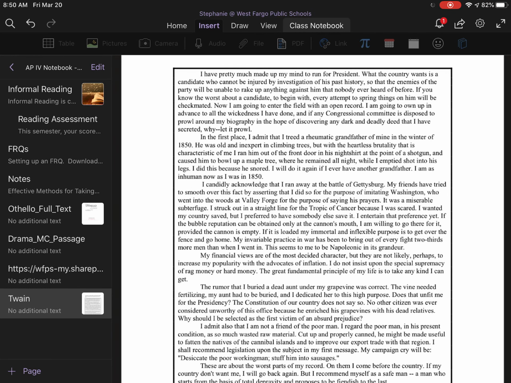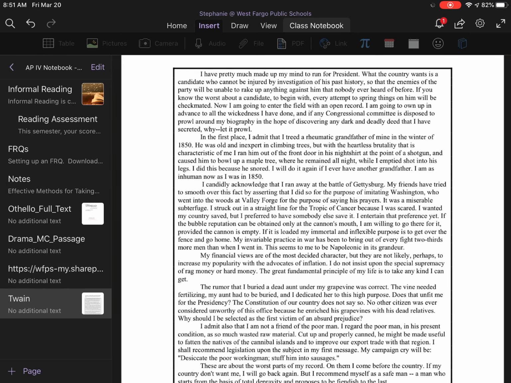I have pretty much made up my mind to run for president. What the country wants is a candidate who cannot be injured by investigation of his past history, so that the enemies of the party will be unable to rake up anything against him that nobody ever heard of before. If you know the worst about a candidate to begin with, every attempt to spring things on him will be checkmated. Now I'm going to enter the field with an open record. I'm going to open up in advance to all the wickedness I have done, and if any congressional committee is disposed to prowl about my biography in the hopes of discovering any dark and deadly deed that I have secreted,